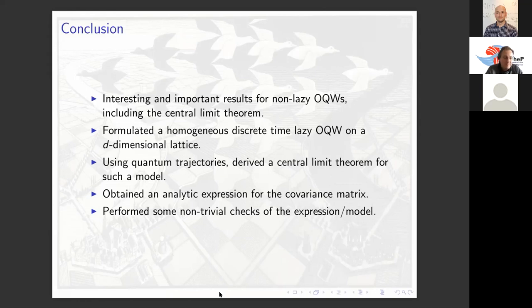Yeah, so good question. Right now, one thing I can say is that one of the main assumptions we made use of in this derivation was that the steady state was unique. It can be an interesting question what happens when you relax that assumption. What happens if you have more than one steady state? In that case, what does the central limit theorem look like? How does this affect our derivation?